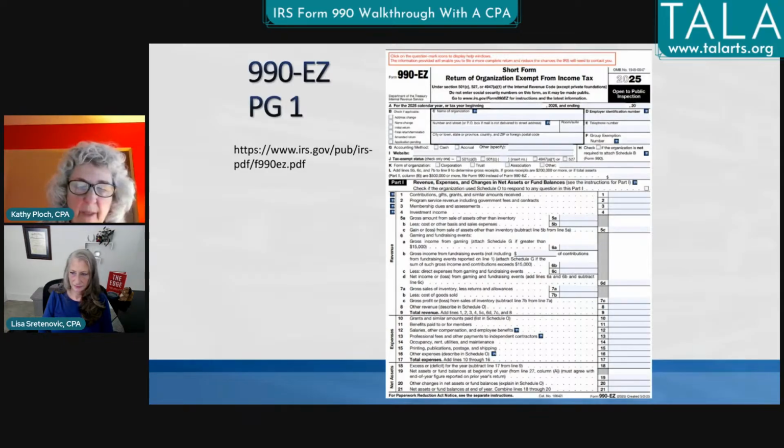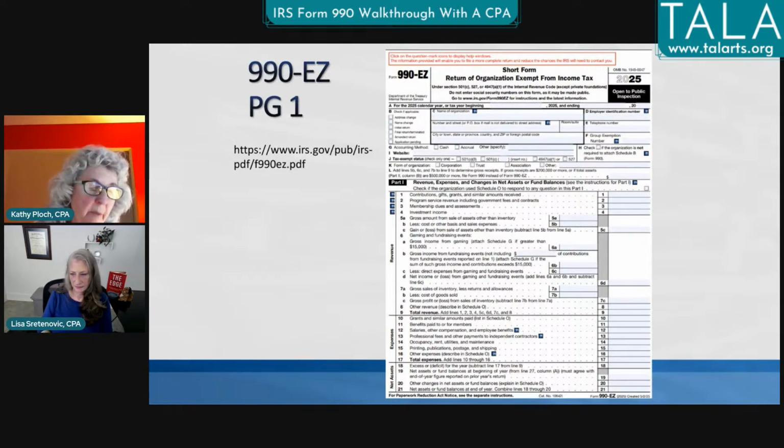Website. Check if the organization is not required to attach Schedule B. Like I said, we'll talk about B, but Schedule B is generally if you have somebody that gave you during the year $5,000 or more. If you didn't have anybody that gave you that, then you would check that box saying that you're not required to attach that.